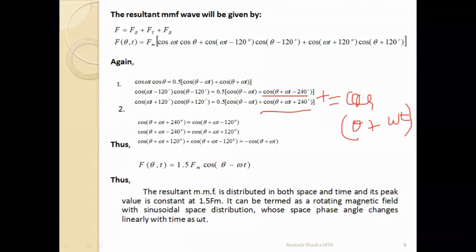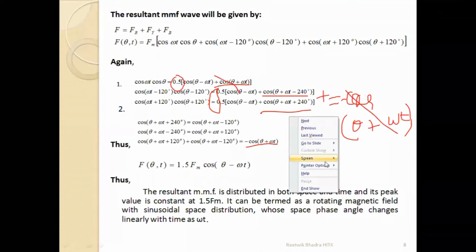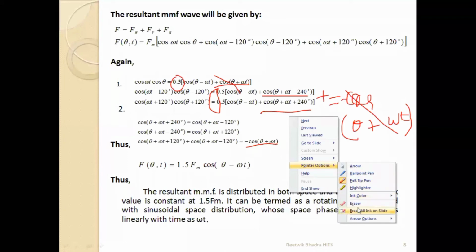And there is a third term over here, cos(theta plus omega t), and both factors are the same, 0.5. So this part and this cos(theta plus omega t) cancel out: this is minus cos(theta plus omega t), this is plus cos(theta plus omega t). So only what remains